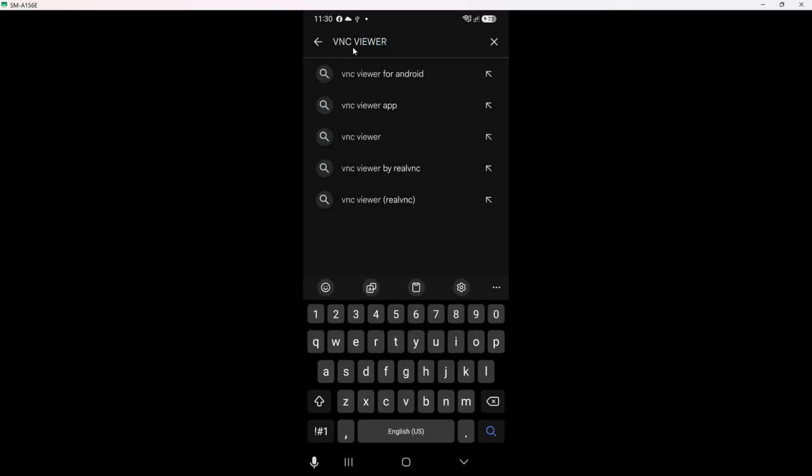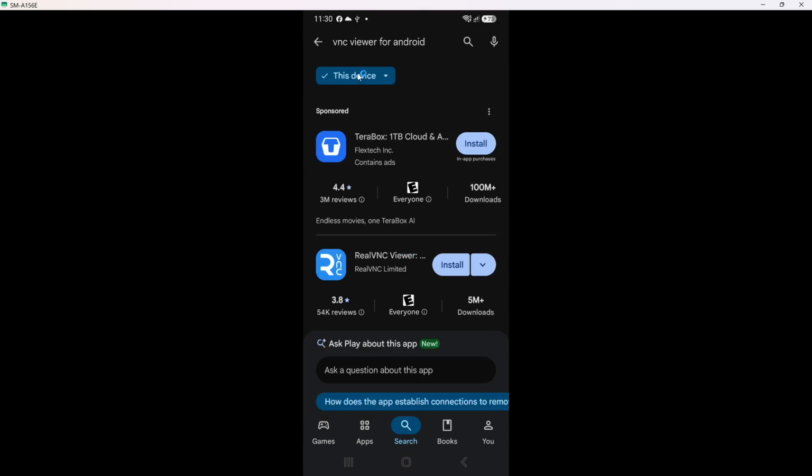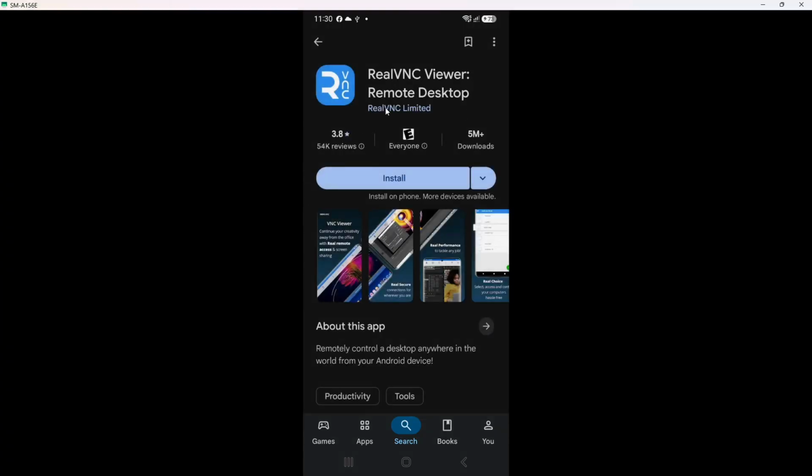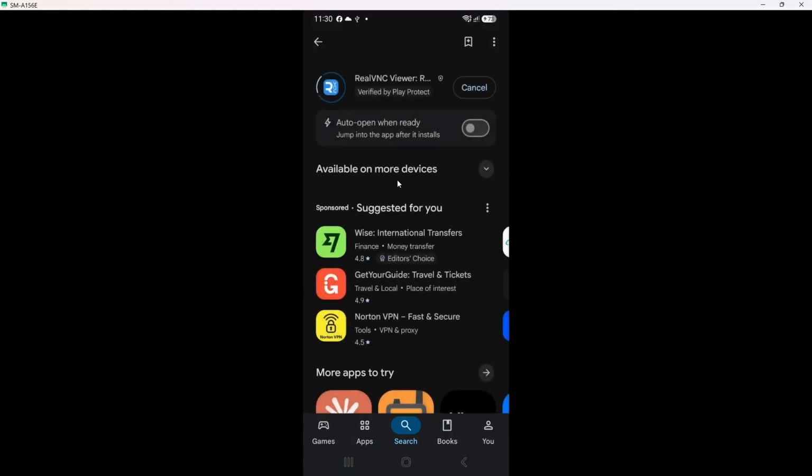Here you will see detailed information about the app, including its features and user reviews. Now it's time to tap Install. Look for the green Install button on the app's page. This button is usually located near the top right corner of the screen. By tapping Install, you are giving permission for the app to be downloaded and installed on your device. This step matters because it initiates the process that allows you to access the remote desktop features of VNC Viewer.